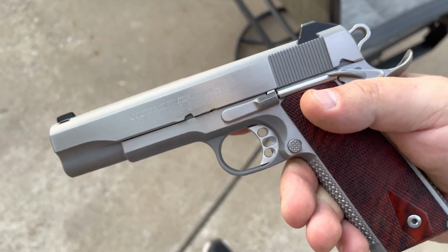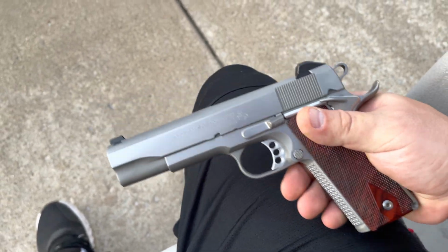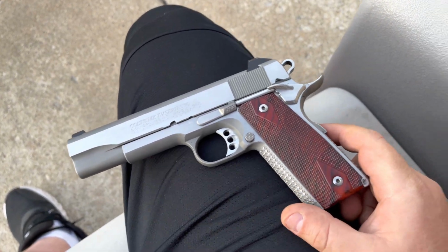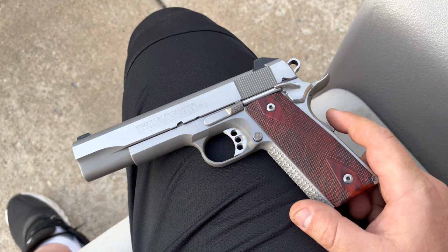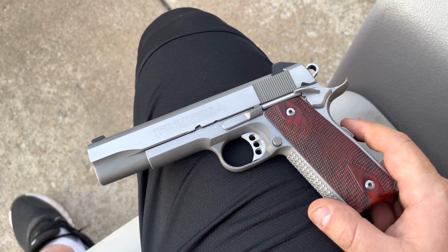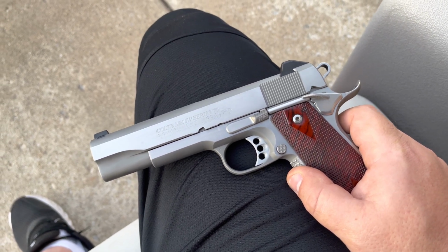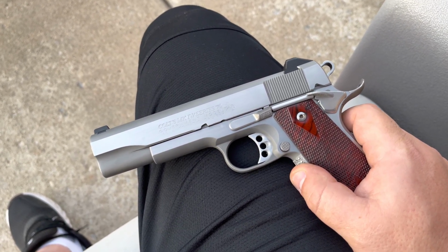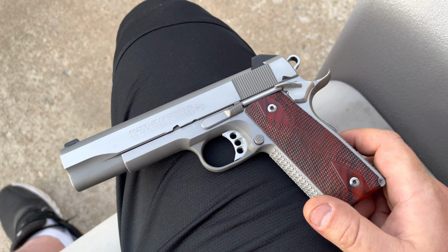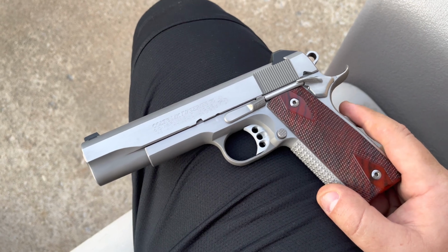Trigger on this gun is amazing. It's extremely crisp, very, very, very smooth. And Ned's trigger work has a very unique feel to it. It's very different than any of the other trigger work that I felt from anyone else. It almost feels like a roll with a really, really nice follow, where you can almost feel the hammer falling on the roll, and then the reset is just what you would expect from a legendary top-tier Smith. It's fantastic. So in terms of a fighting pistol that's a little bit lighter weight,